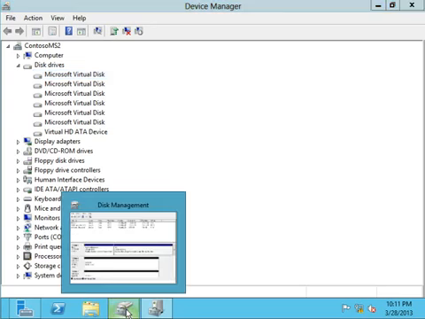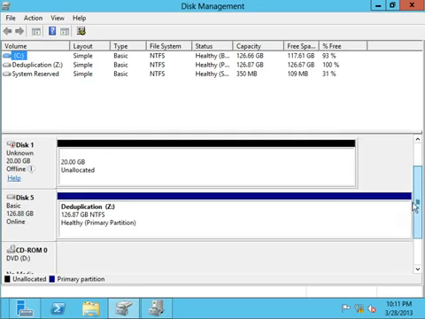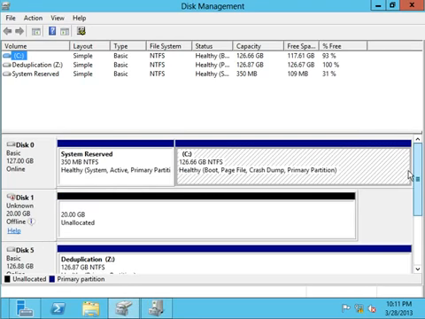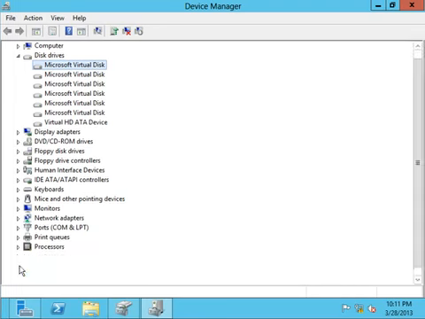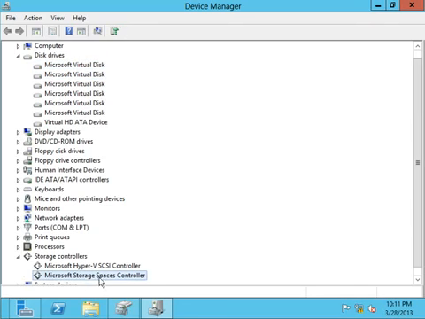But if I go into Disk Management, on the other hand, I don't see these drives anymore. They aren't here. So at the Storport layer, at the volume management layer, you can see this is not software RAID. This is a true storage system. This is a true storage subsystem that is managing this. In fact, this is actually running via a new driver that exists at the same level where your volume manager is. And if we were to expand out the different storage controllers, you're going to see the Microsoft Storage Spaces